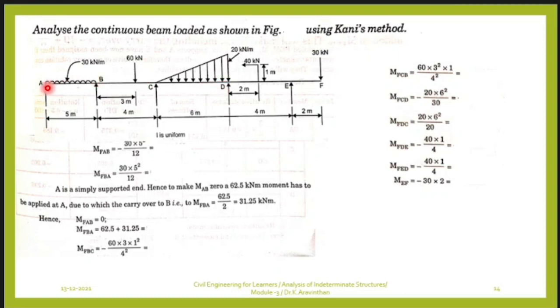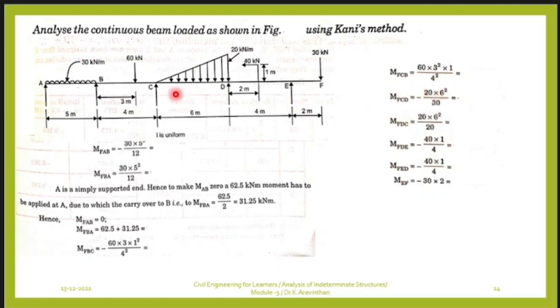You know the formula for span AB, that is a fixed beam carrying a uniformly distributed load. You know WL square by 8, and for B to C, you know the formulas Wab square by L square and Wa square b by L square. For these 2 cases it is not an issue. But for C and D, this is the first problem you are solving like this. Your formula is WL square by 30.